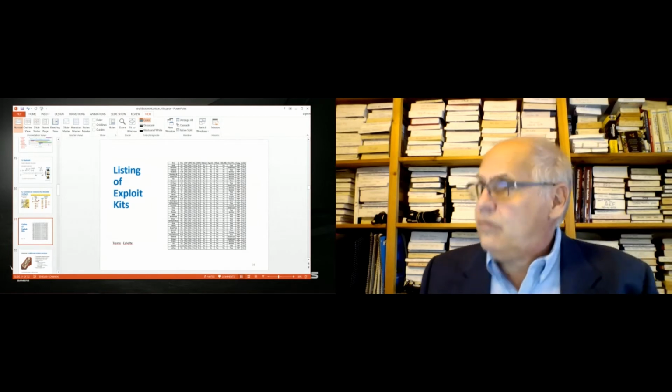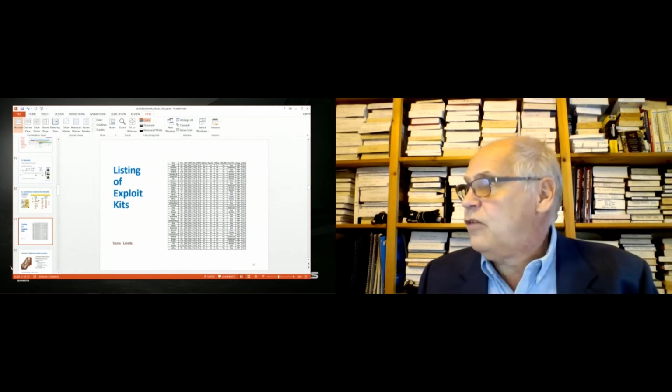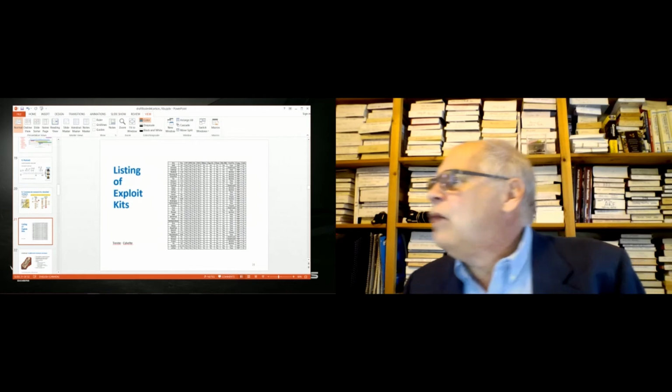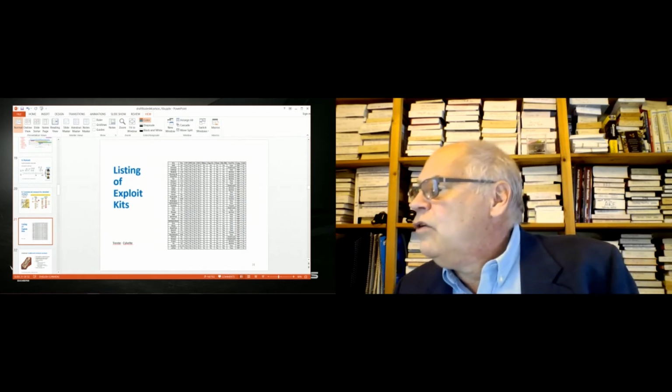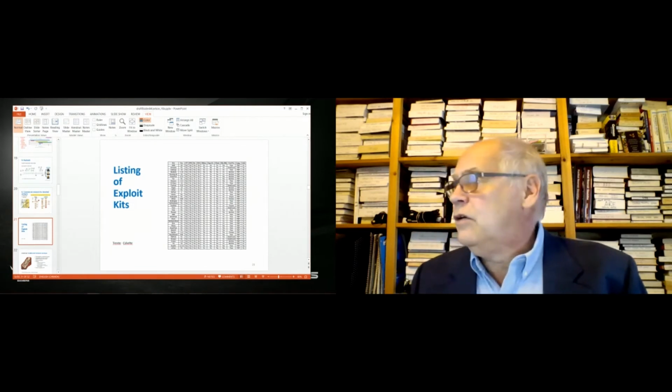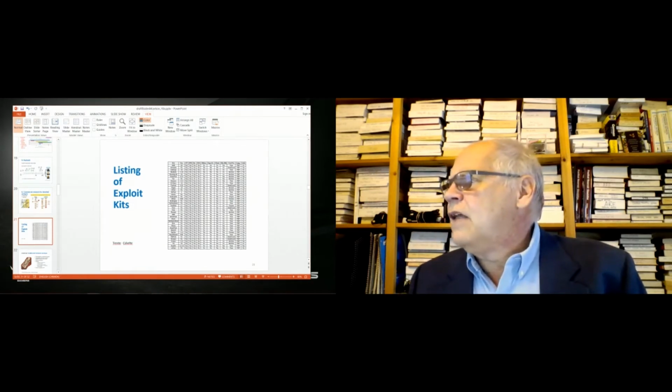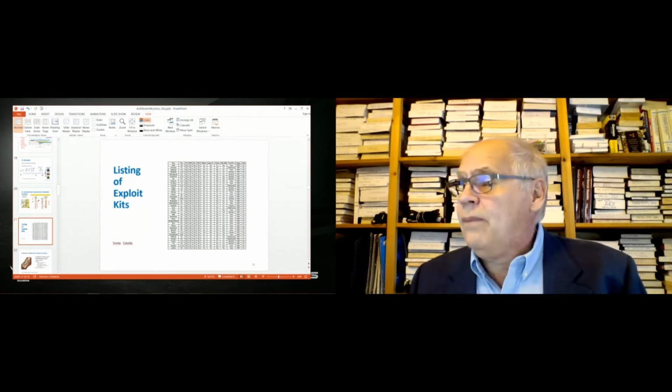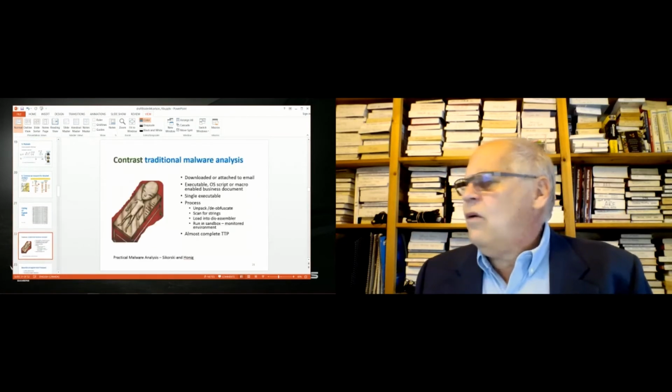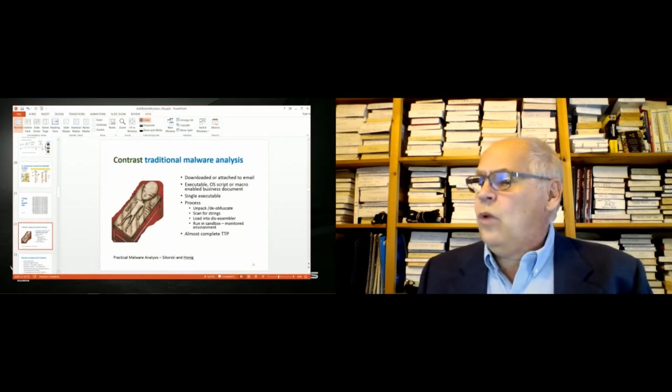I don't think it's exhaustive at this point in time. This one's from about 2 or 3 years ago. You can see that there's an enormous number of exploit kits that have been developed over the years. They tend to come and go, and there are usually about 3 or 4 at any one given time that are popular. But one of the things I wanted to do was to contrast this with what happens with